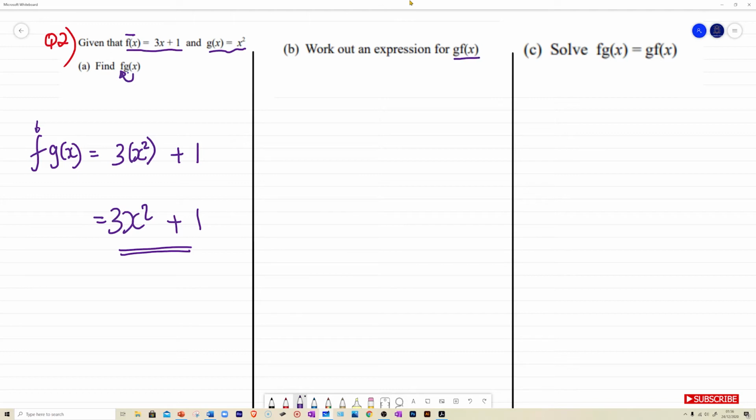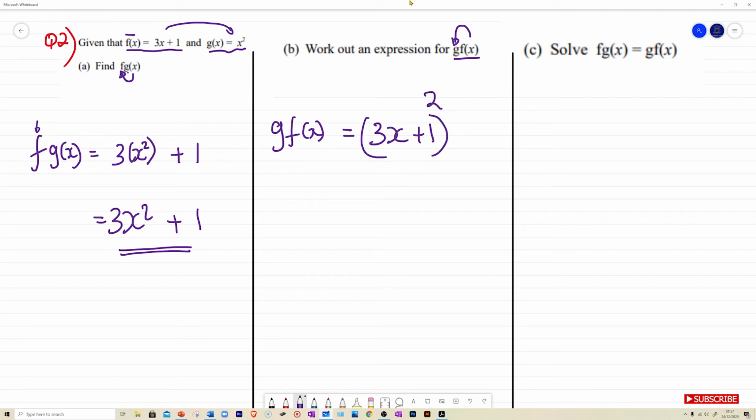So this time we're going to put f into g. F into g. So let's do that. G f of x is equal to, so f of x is this lot here. We're going to put this into x squared. So wherever there is x, we're going to put 3x plus 1. So now this becomes 3x plus 1